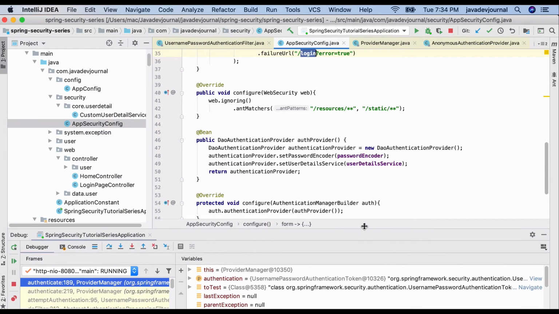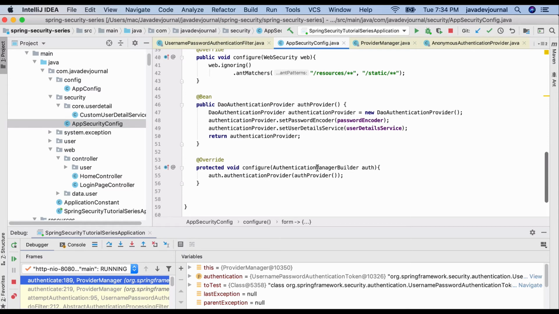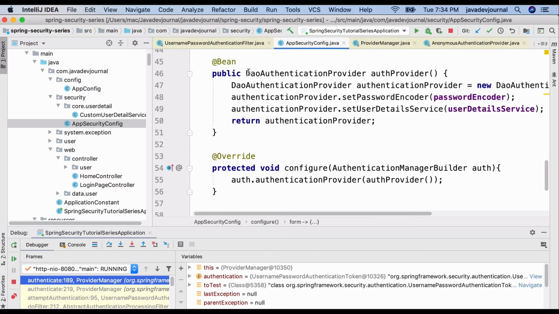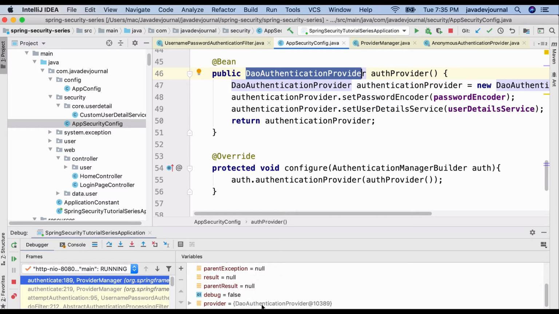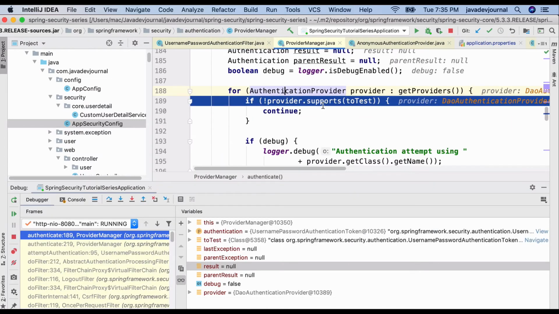Let me open one thing for you. From the previous one, we configured this provider manager, and that's exactly what the provider is, the DAO authentication provider. All right, let's close this one. Now we got the provider, and we want to check whether this provider supports it or not.